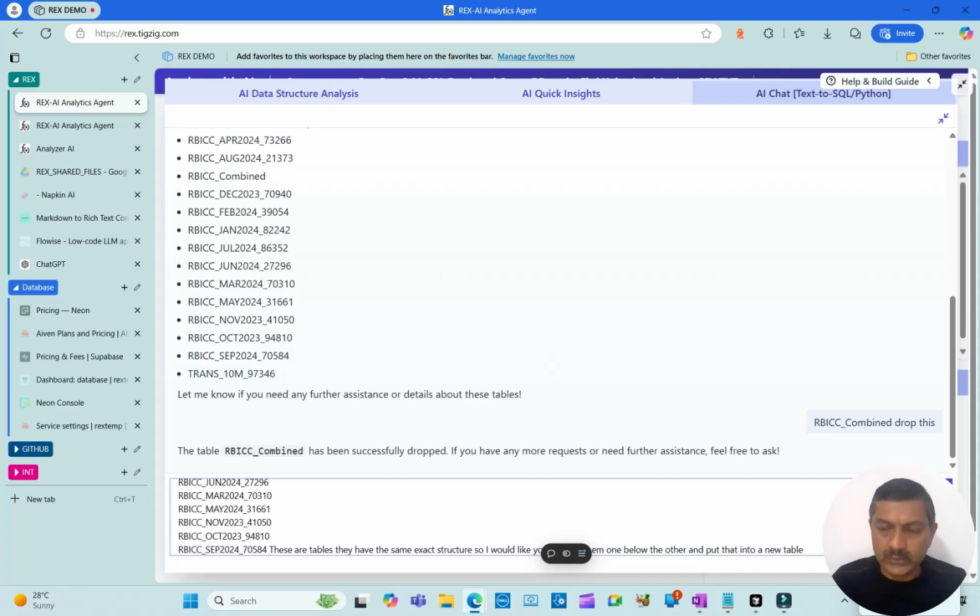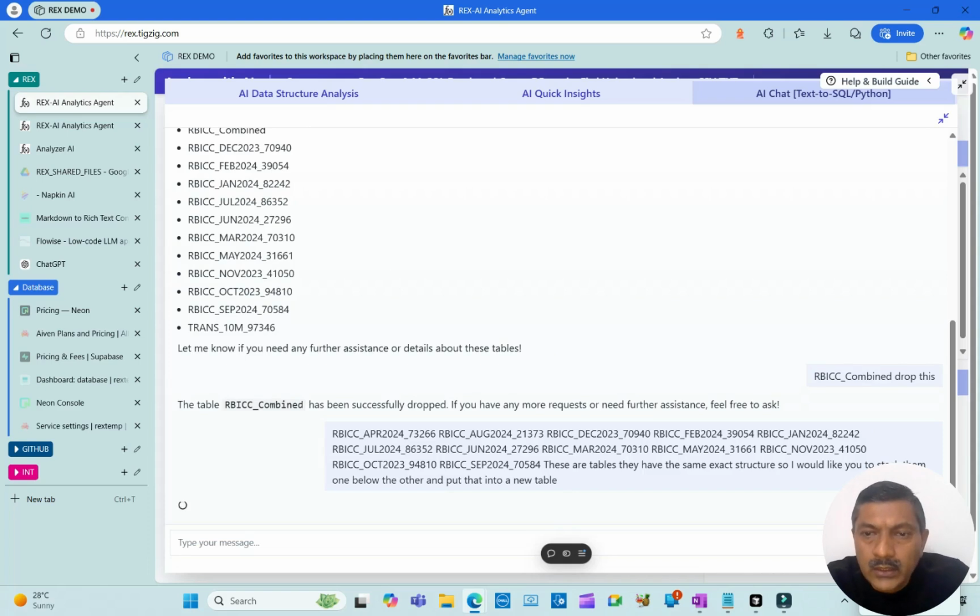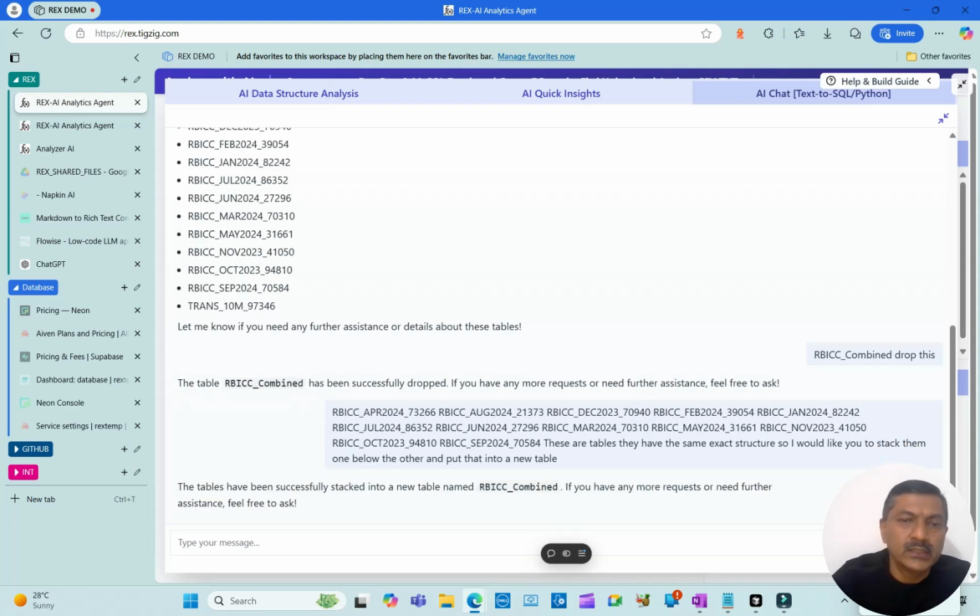New table. Okay, so I'll say go stack them one below the other and put that into a new table. Okay, let's see. So here, when the table structures are the same, it's just a union. Okay, combined. So it has done it. So let us ask it